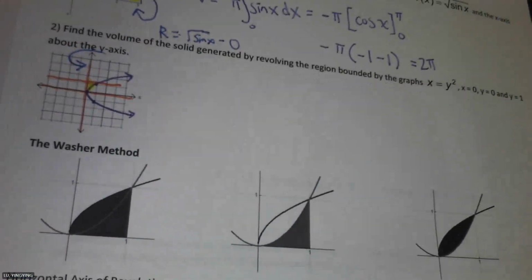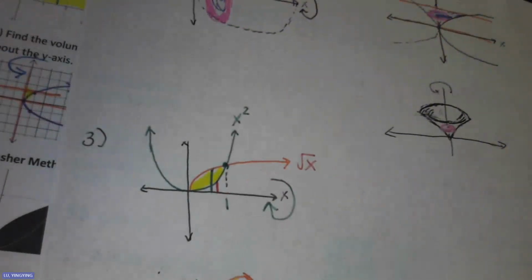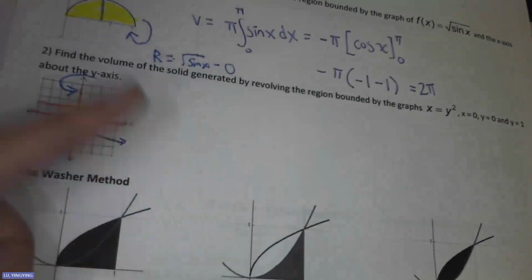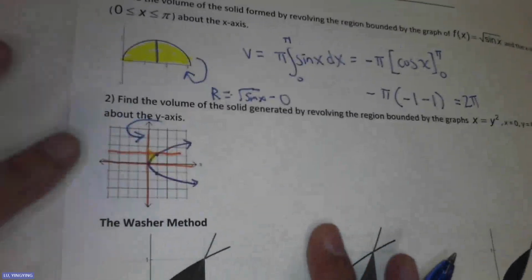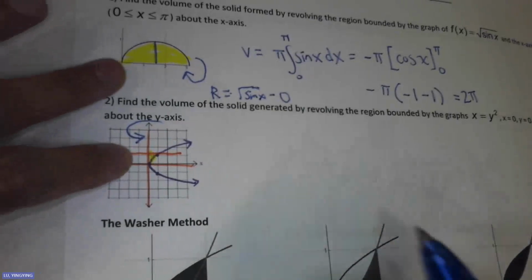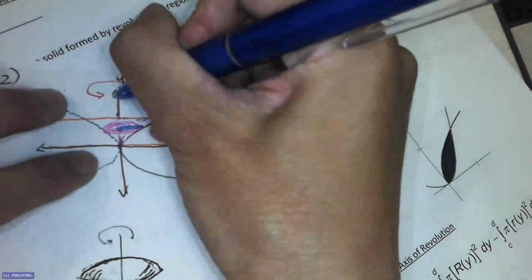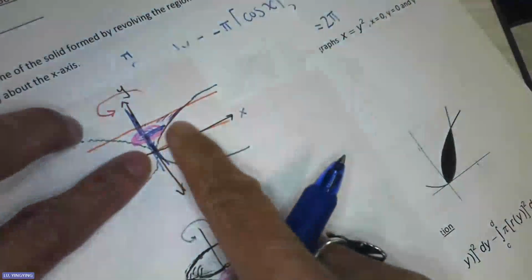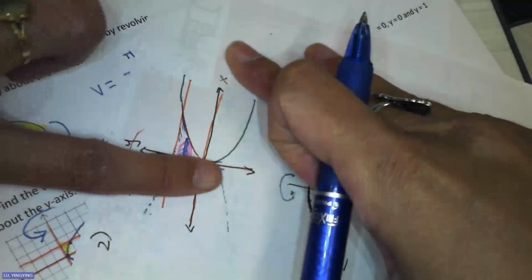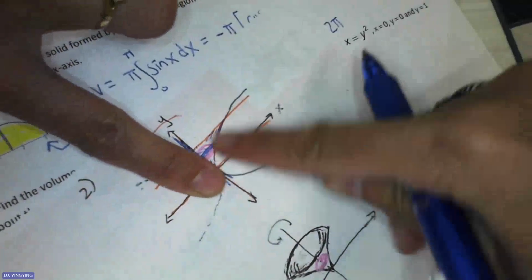And then what kind of slice is this? We have to decide. How do you spin? You just need to think, how do you spin the thing? We are spinning this horizontally, yes. So that is a horizontal slice. If it's a horizontal slice, we need top minus bottom. If you cannot tell what is top minus bottom, I'm going to use the blow up version for you. It's kind of like right minus left right here, right? It is right minus left or top minus bottom if you do it this way,